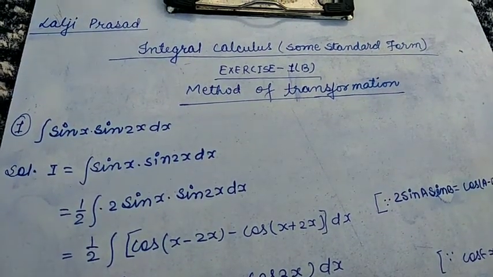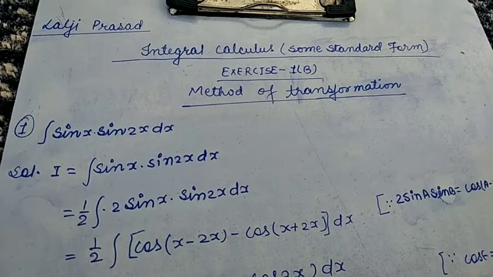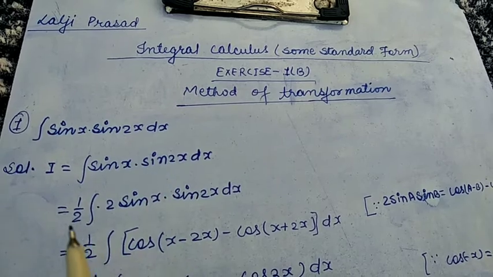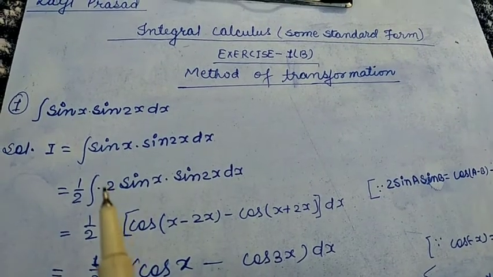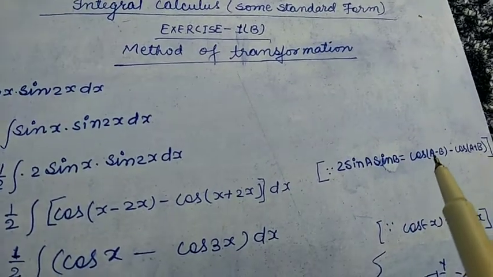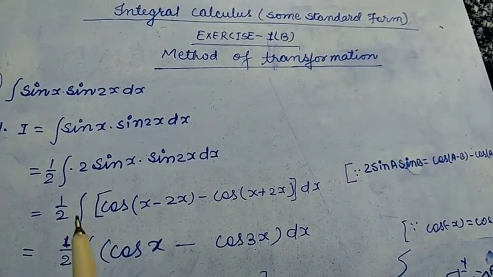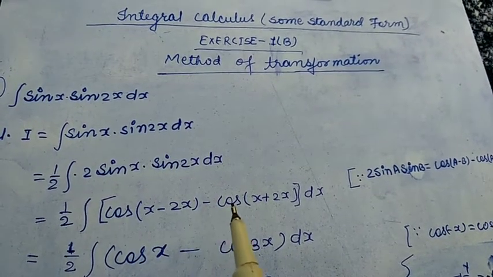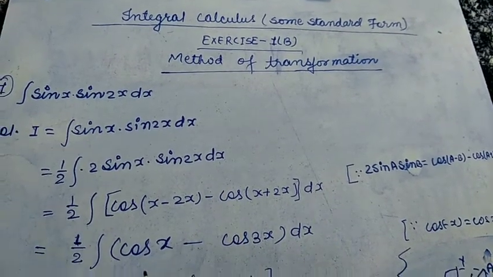You can see the first question of Exercise 1B, which is the integration of sin x into sin 2x into dx. For solving this question, we have multiplied by 2 and divided also, and in the place of 2 sin x sin 2x, we have used the formula 2 sin a sin b is equal to cos(a minus b) minus cos(a plus b). So you can see here 1 upon 2 integration of cos(x minus 2x) minus cos(x plus 2x) into dx. So in the next step,